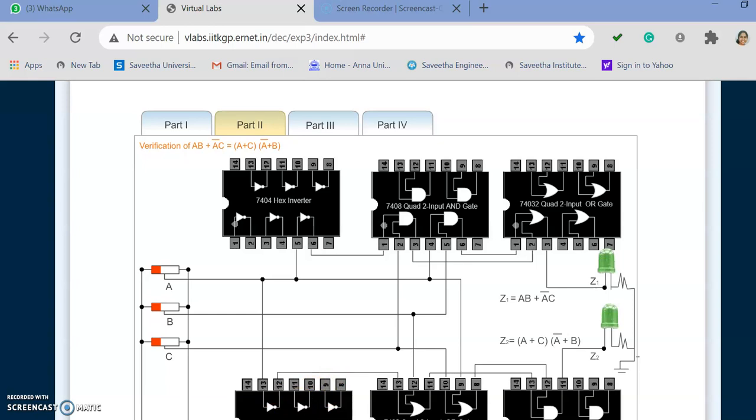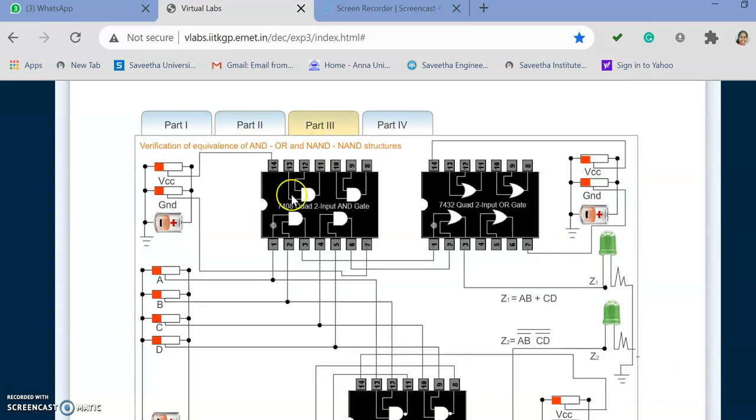This is the power supply, plus and minus battery power supply, which needs to be connected. Okay, and whenever we connect an LED, it has to go through a resistor. That is what they have given here. So in part 3 again we have got inputs. Here you can see specifically they have given VCC and ground. Whenever you have VCC, it has to be connected to the positive. You can see VCC is connected to the positive terminal.